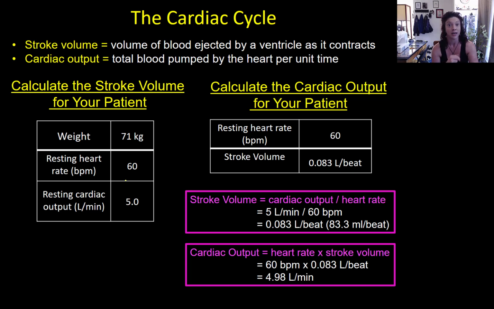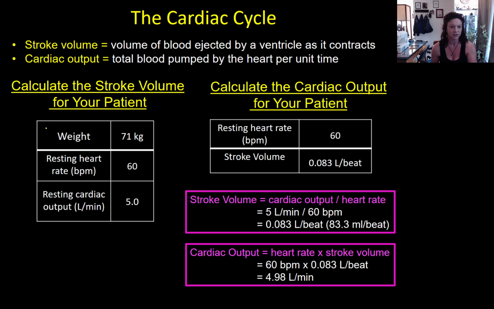The second metric, cardiac output, is a little bit bigger picture. It's the total amount of blood pumped by the heart per unit time, usually per minute. Okay? So how do you calculate these things? Interestingly, they're related to each other. You use one to calculate the other, and vice versa. To calculate stroke volume and cardiac output, what you need is the other metric and the heart rate of your